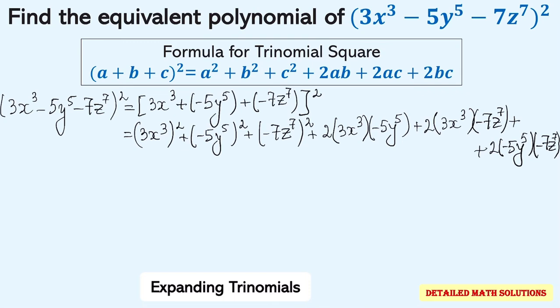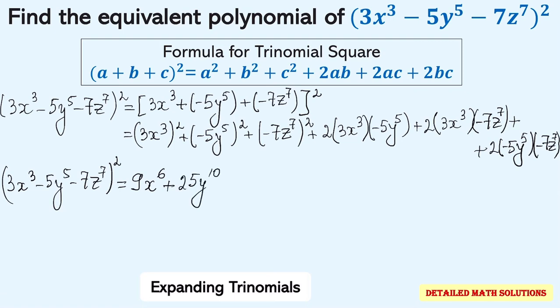When I simplify further, I get that (3x³ − 5y⁵ − 7z⁷)² equals 9x⁶ + 25y¹⁰ + 49z¹⁴